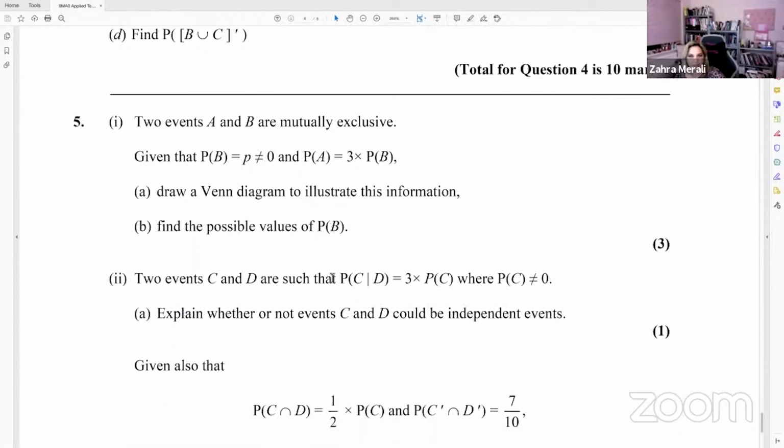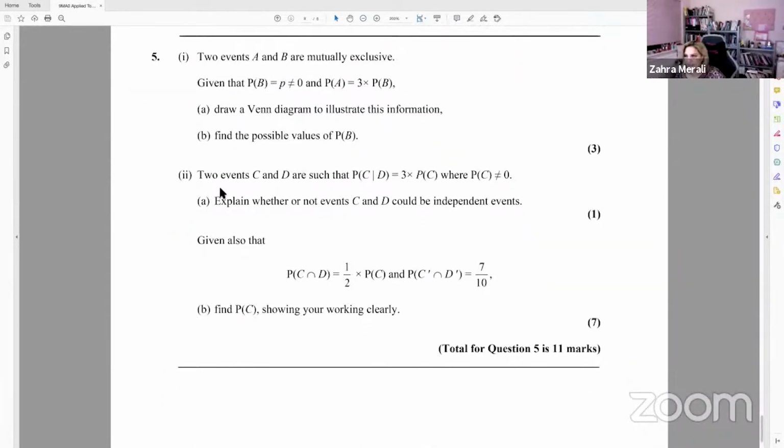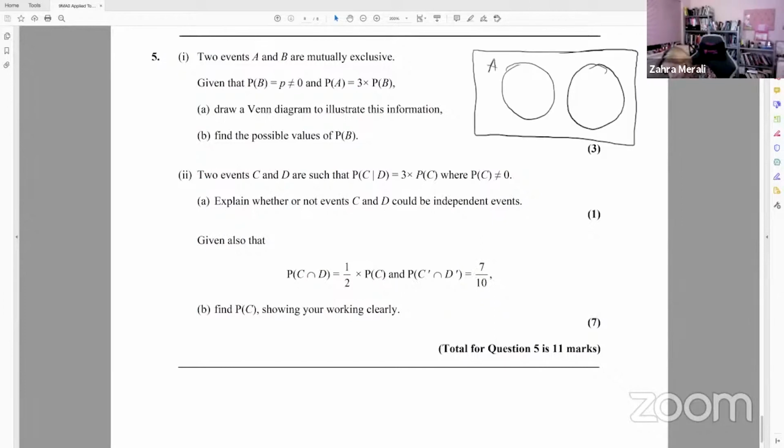So last question. This one is more, I guess, mathsy is the way to put it, but more pure maths-like, if I'm not mistaken, if it's the question I recognize. Right, so two events, A and B, are mutually exclusive. Okay, we know they exist in their own bubbles. They're never going to cross. Okay, given that the probability of B is p, and the probability of A is 3 lots of that,